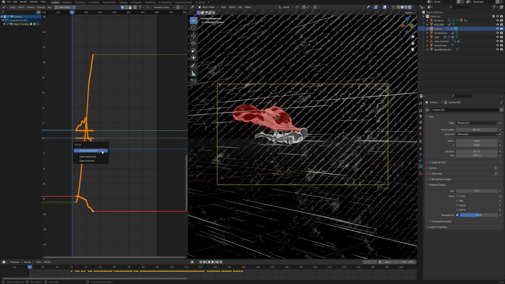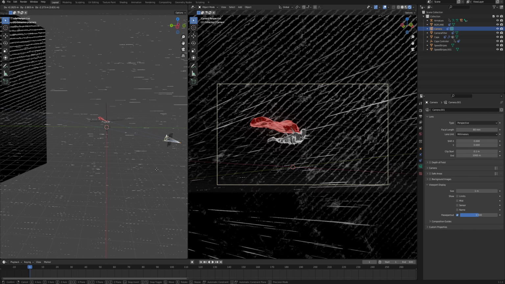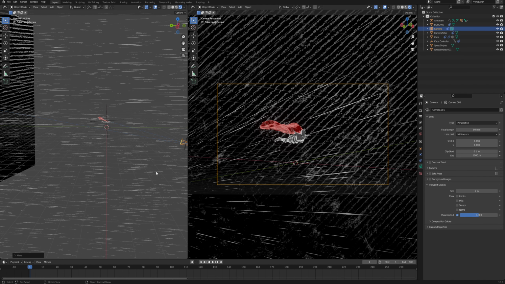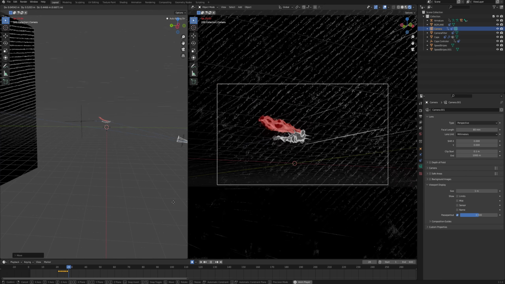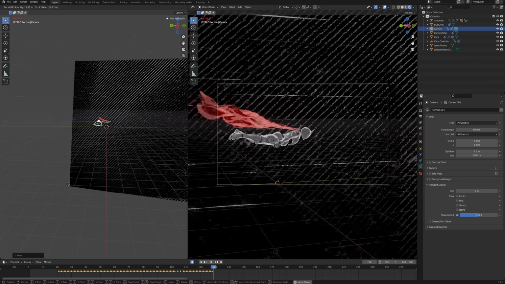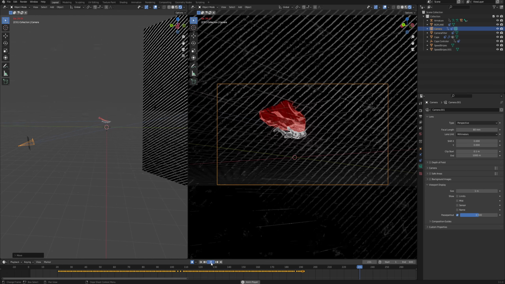So we can again just delete all the keyframes, go to the viewport, and now let's try to do an actual good job. So let's move this camera to something like here for the start position, enable auto keying, play, and we just move it in here. Then we speed up and something like this. That's okay.